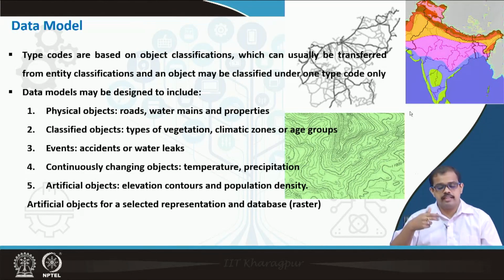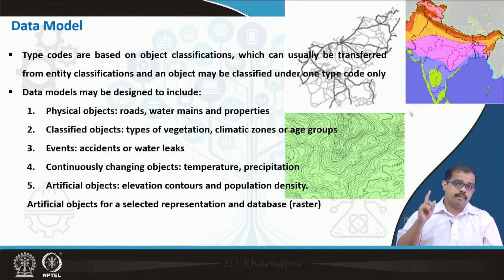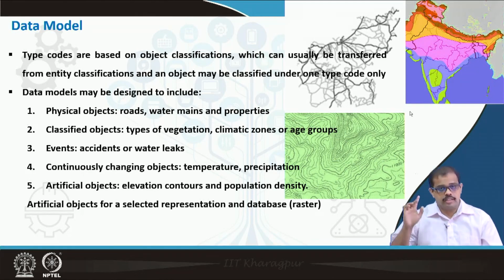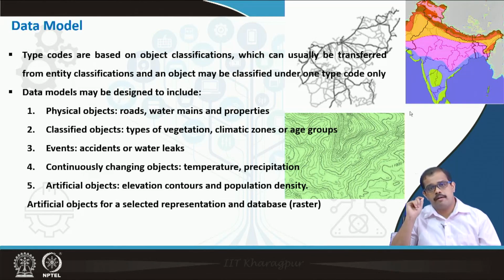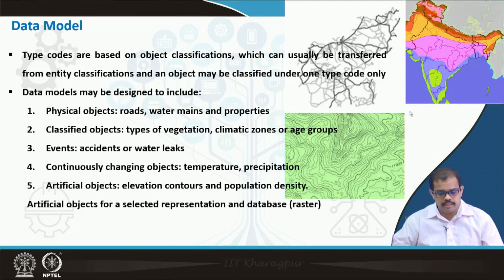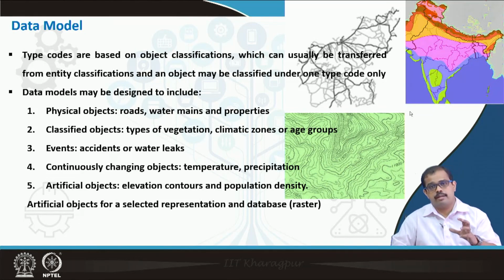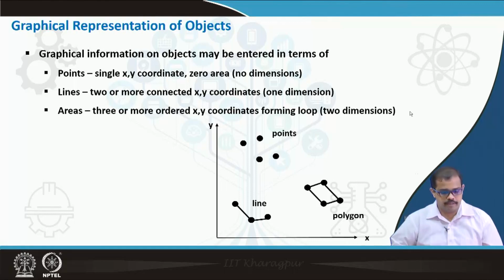These are just a selected representation of data, and databases are in the form of a raster model. You can have any kind of data that is connected, any kind of attributes, any kind of geometric data that is connected with relationships. This data model can have all of these, but please remember that the type codes or the unique IDs must be completely unique. That is why it is called unique IDs. It should be completely unique, so that you get valuable outputs from that database.